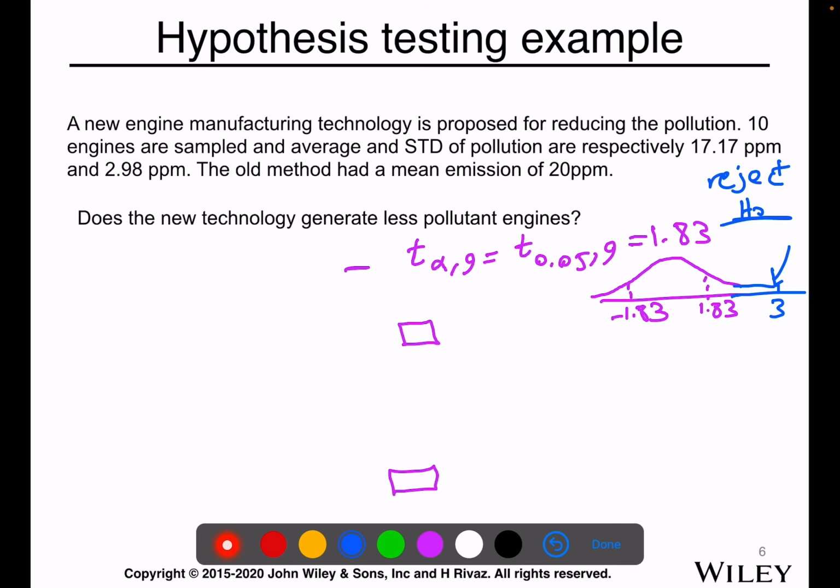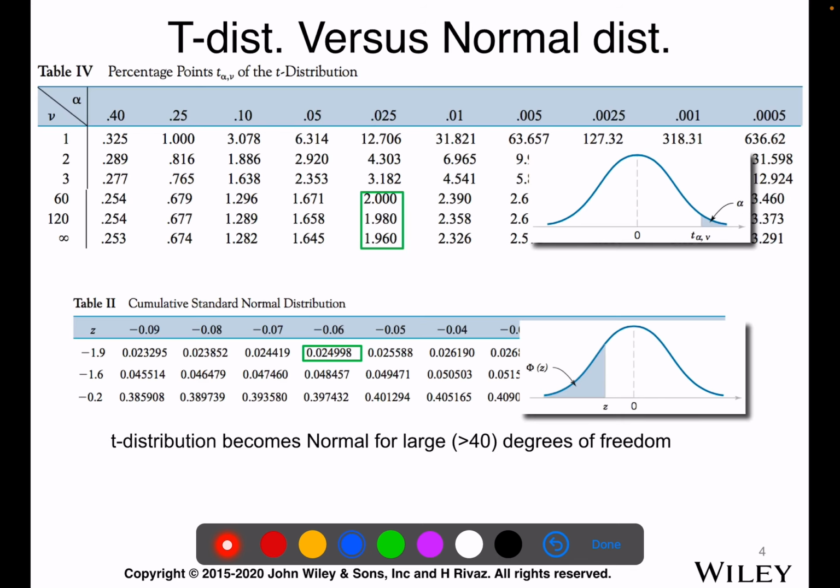Another thing that might be confusing to you, I didn't mention it. The conventions are different for these two tables, right? So here, phi of Z is the area under the curve from -infinity to that Z. But here, the area under the t distribution is the other way around. It's from +infinity to that value, right? So that's the other difference between these two tables. That's basically the reason the book is written like this, because that's the convention of the t distribution and the normal distribution,